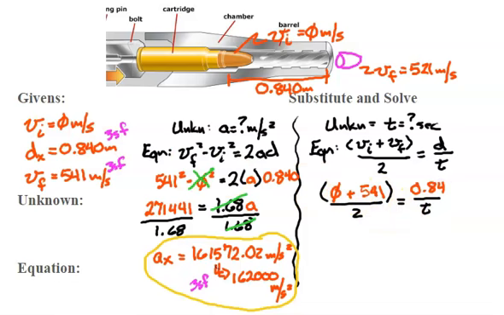Okay, if I simplify the left-hand side, I get 270.4, but that equals the right-hand side, 0.840 divided by t. In order to get t all by itself on the right-hand side, I'm going to multiply by t on both sides. That cancels. But whatever I do to the left, I must do to the right. So I get 270.4 t